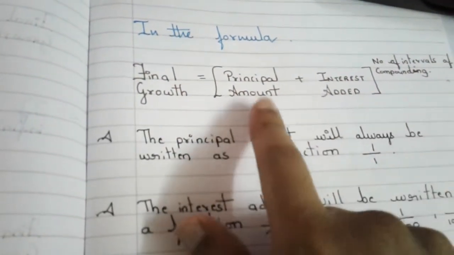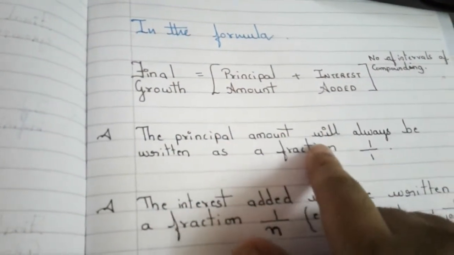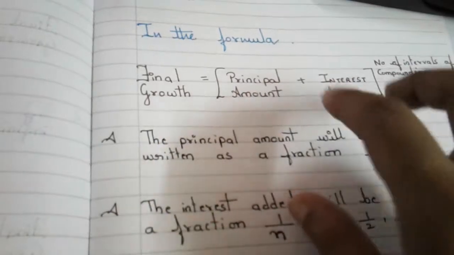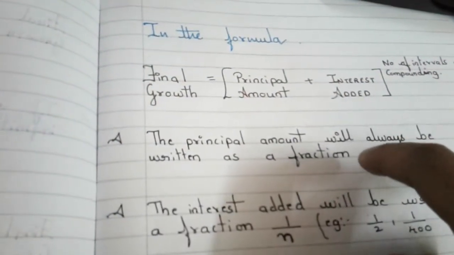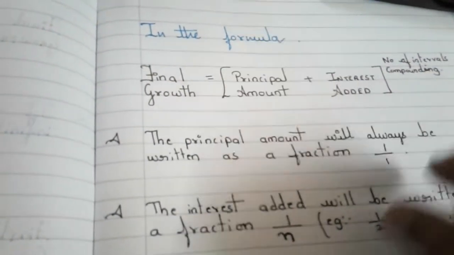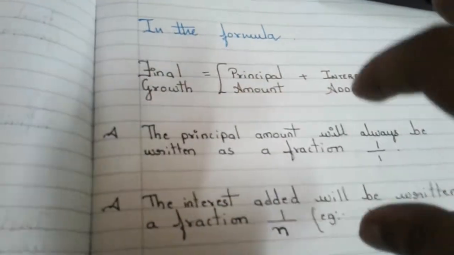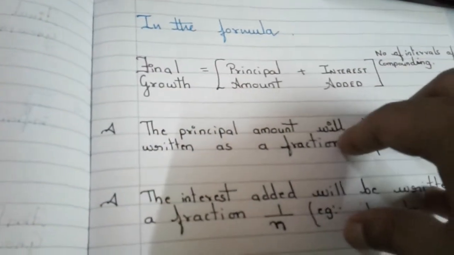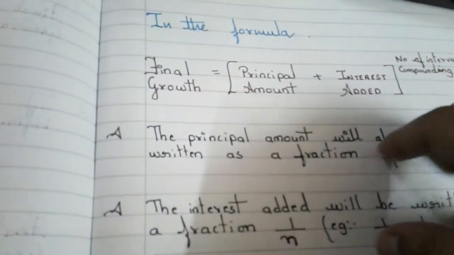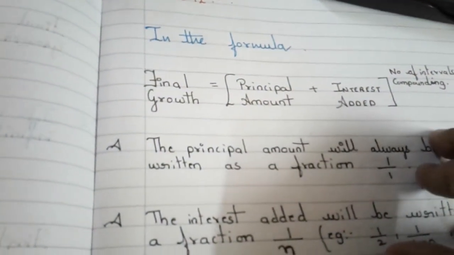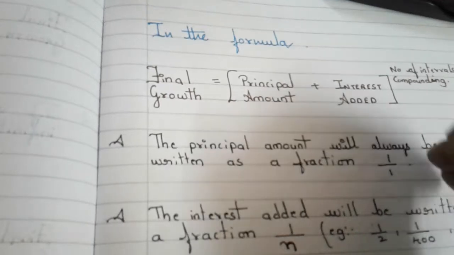In reality, the principal amount is expressed as a fraction 1 by 1, which means full of full. 1 by 1, this ratio means full by full. That is, the full principal amount is there as it is. It means whole. Just as 1 by 2 in maths means half of full, 1 by 3 means 1/3 of full,